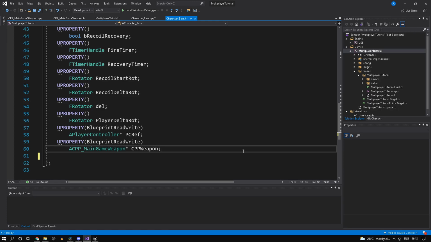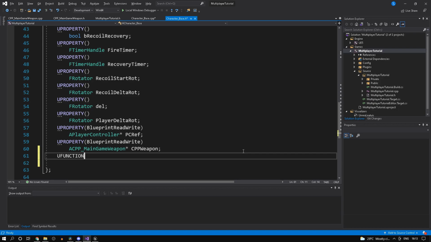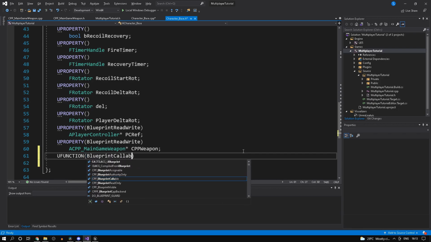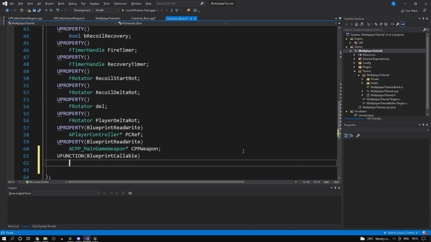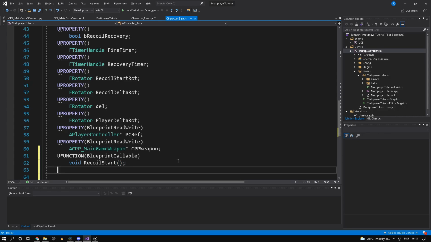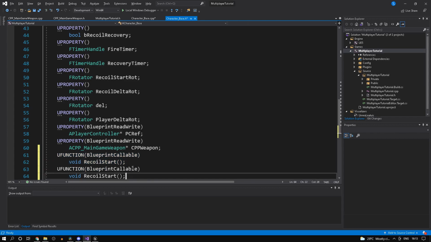So the functions we need are first of all the recoil start function. So let's just type in u function and we'll make this blueprint callable. Again, if you have your left mouse button bound in C++, you could just call it from C++, and this will be called, and this will be of return type void. We won't actually return anything. So recoil start. Now another u function, again blueprint callable. So this one is going to be recoil stop,